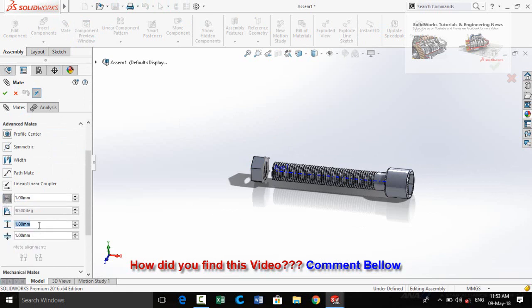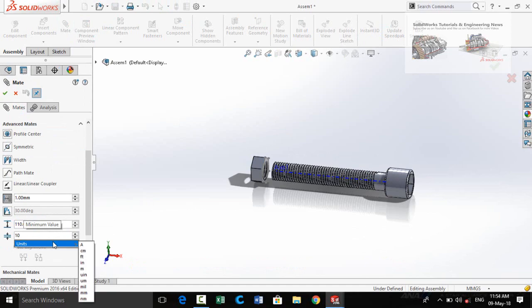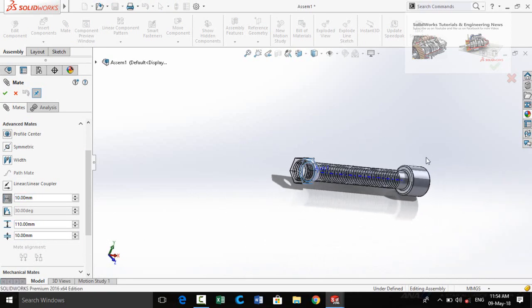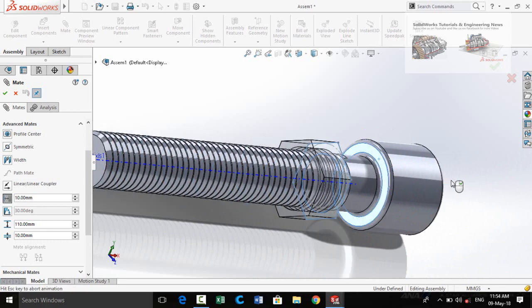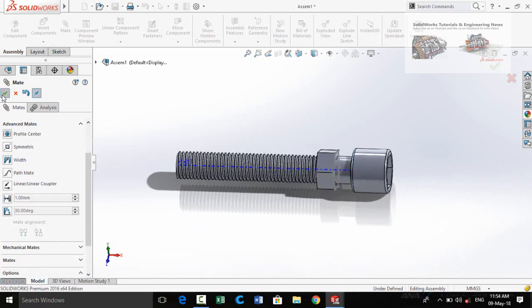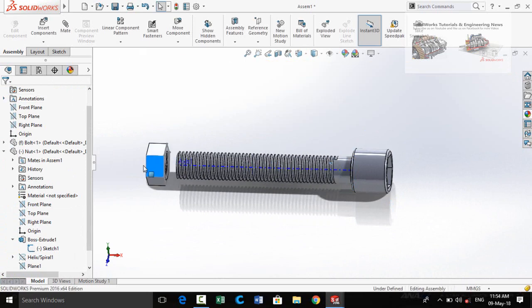So maximum distance is 110 millimeter and minimum distance is 10 millimeter. Then select this face and this face and press OK button. Again press OK button. So its movement has been locked between these points.